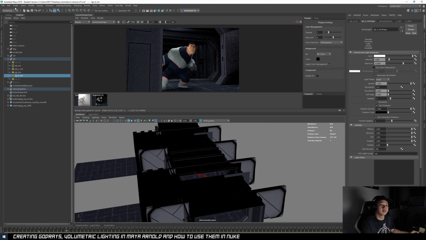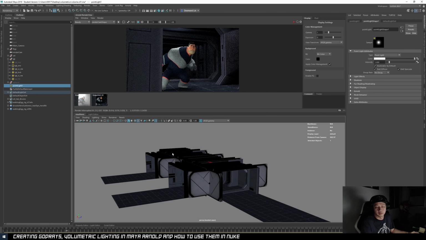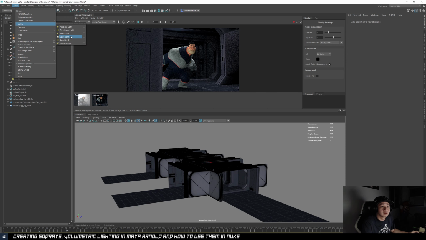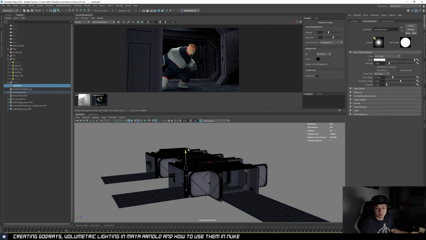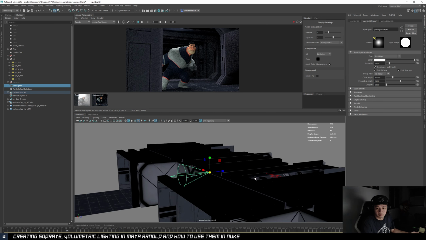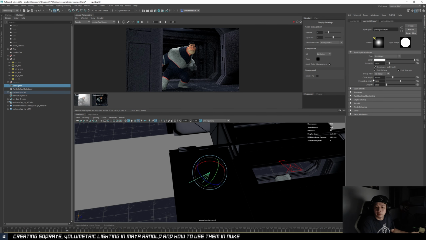Okay, so I can create my spotlight. Did I create the wrong one? Create light, spotlight. Okay, I'll just scale up, and rotate it 90 degrees down.